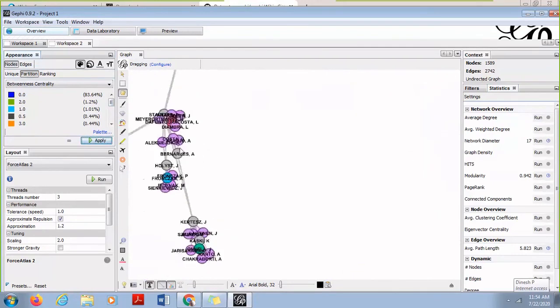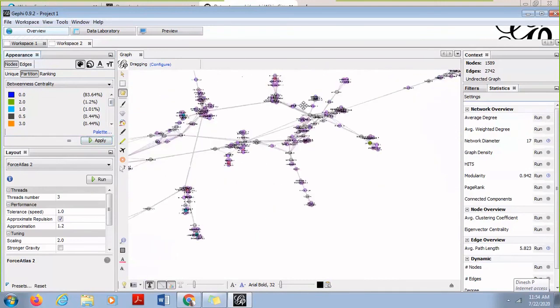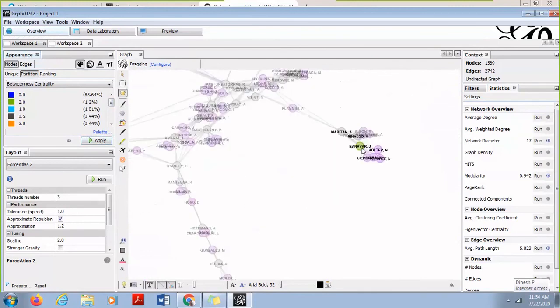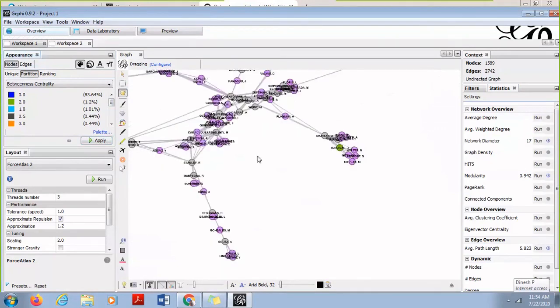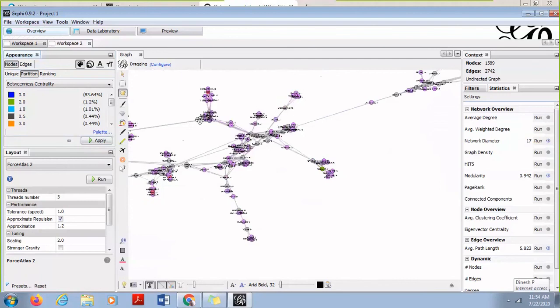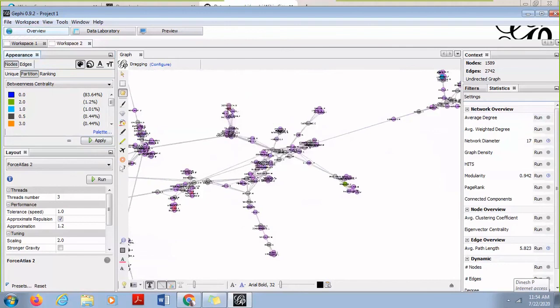here you are able to view the nodes. Okay. So here in between you are able to see some different colors. There is a green color over here. Then over here you are able to see a red color. So those are different nodes which are important for that community from a betweenness point of view. Okay.